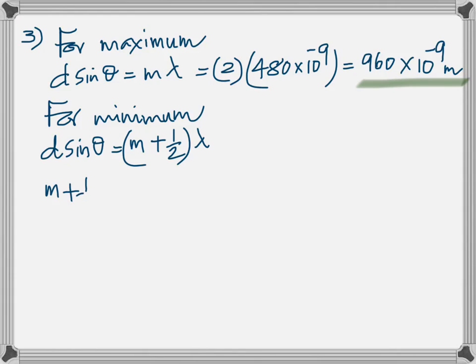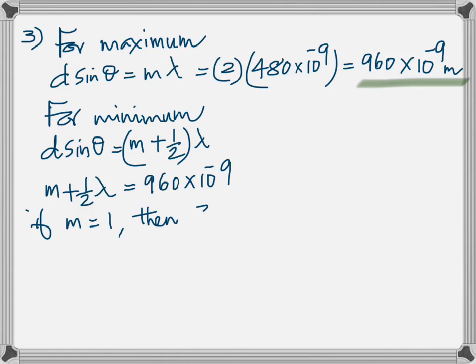and for a minimum, because you're asked to find what wavelength of visible light would have a minimum at the same location, which means d sine theta should be the same. But the condition for minimum is m plus half lambda. And then it's trial and error. If m is 1,